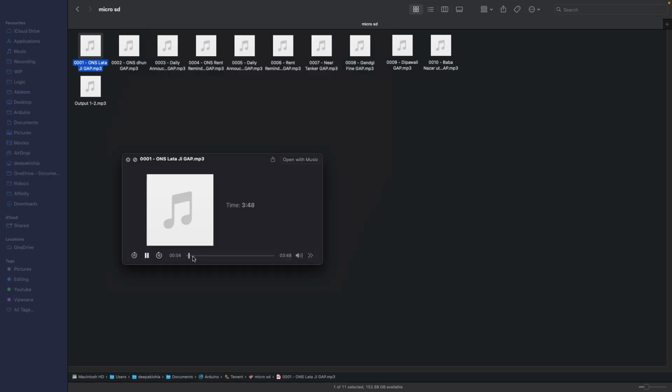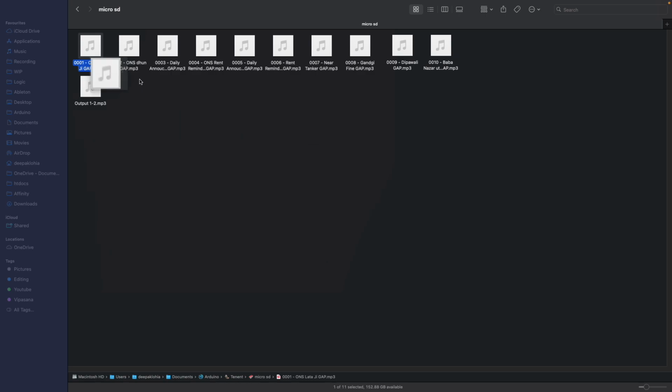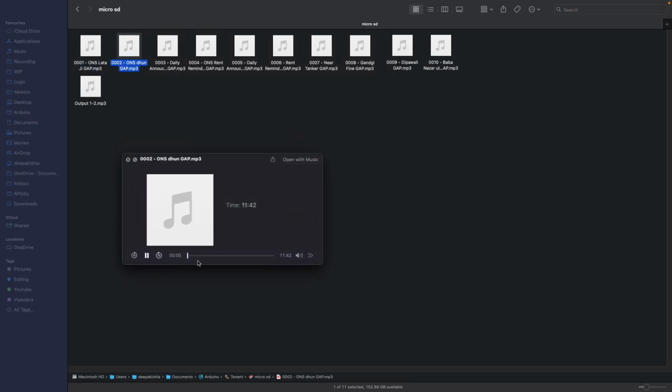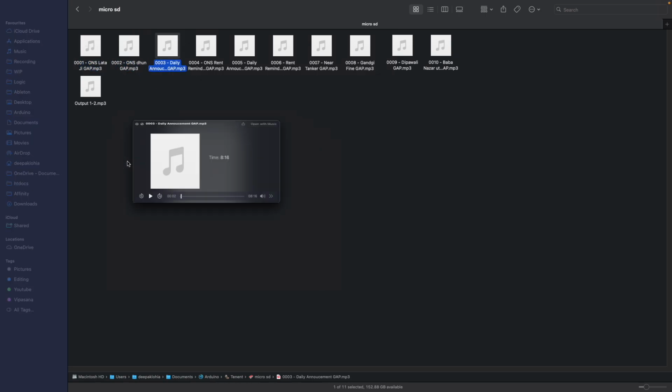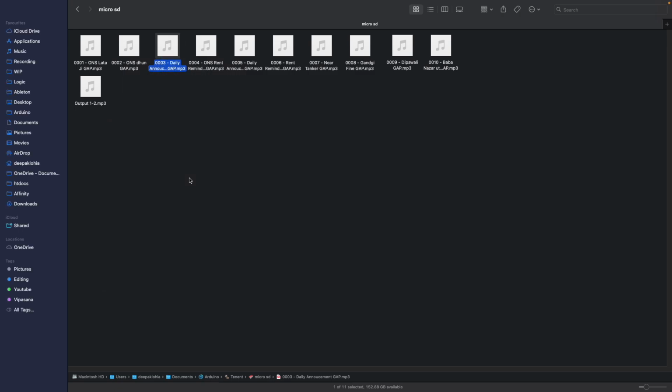There is a 10 second delay, because when we are switching the tracks, I don't want that tick tick tick sound to come. So every sound has a 10-second delay,